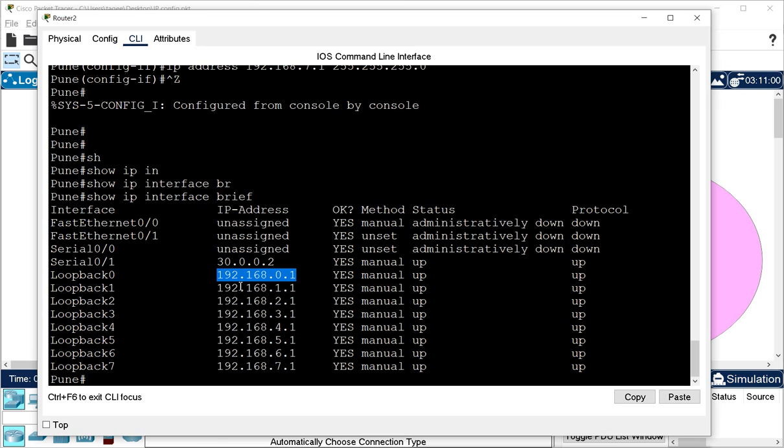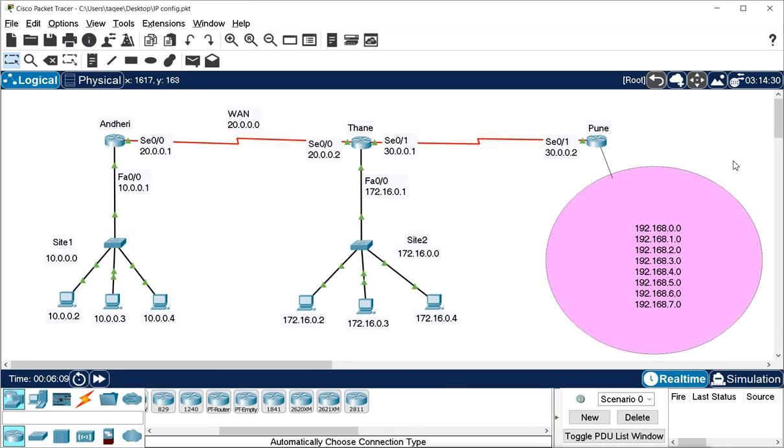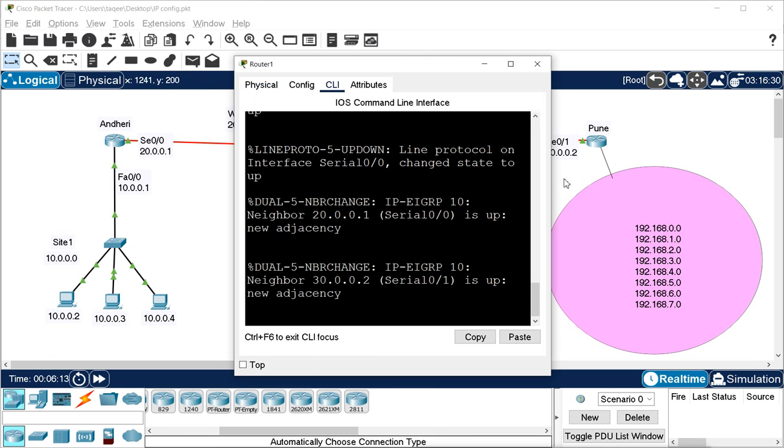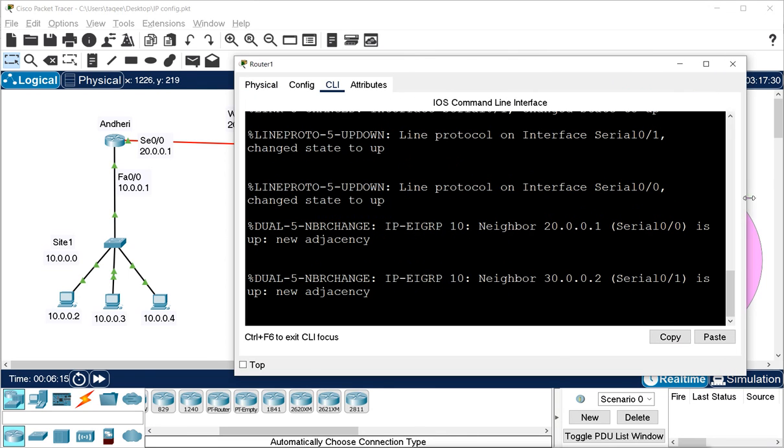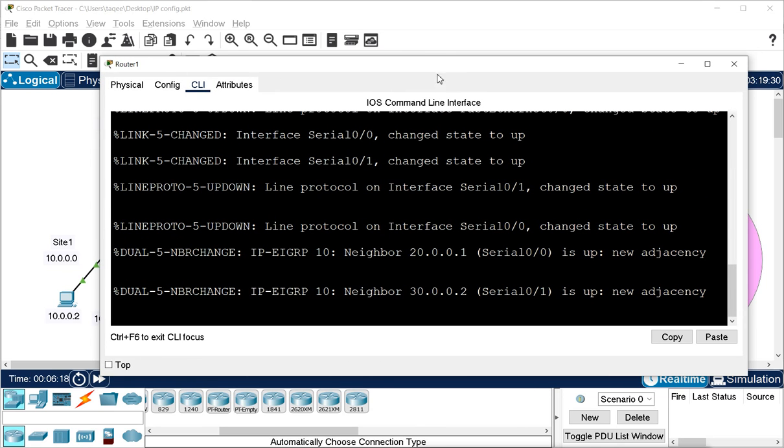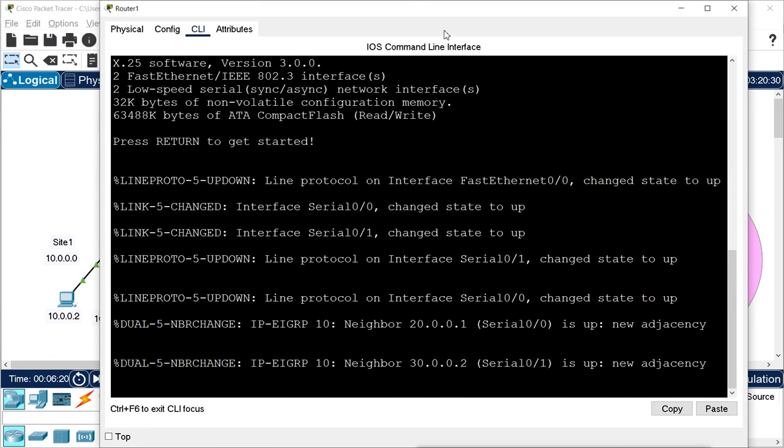Now these are not included in EIGRP routing, so they are not informed to the other router. When I check the routing table of this other router, it will not know about the other networks which we have created there, these loopback interface networks.